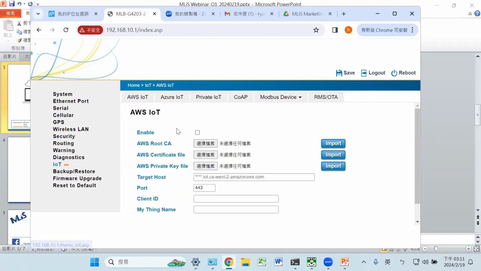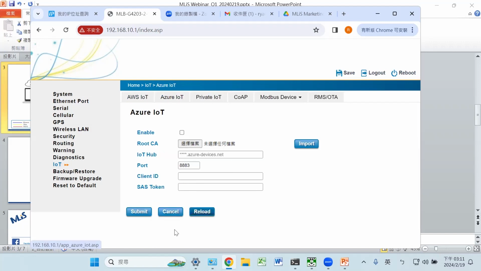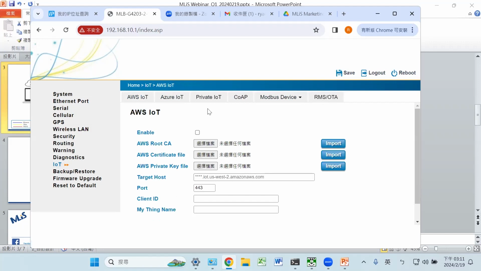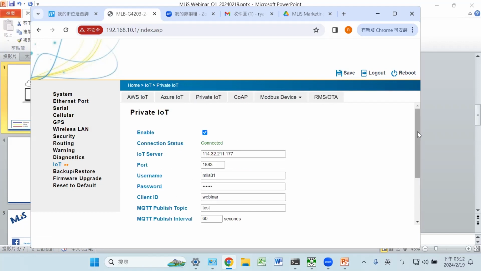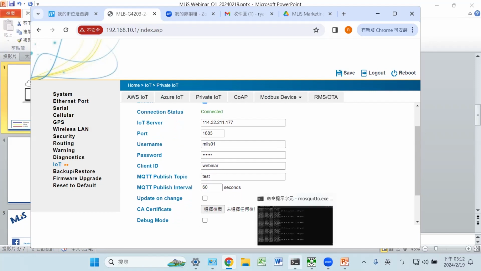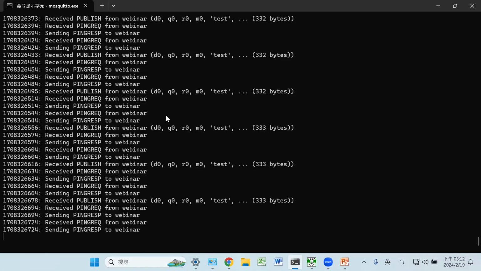And of course, for the MQTT, for the cloud side, we also support Microsoft Azure, Amazon AWS. And for the private MQTT server, you can change the configuration here. We have built up the MQTT server here. We are using Mosquitto